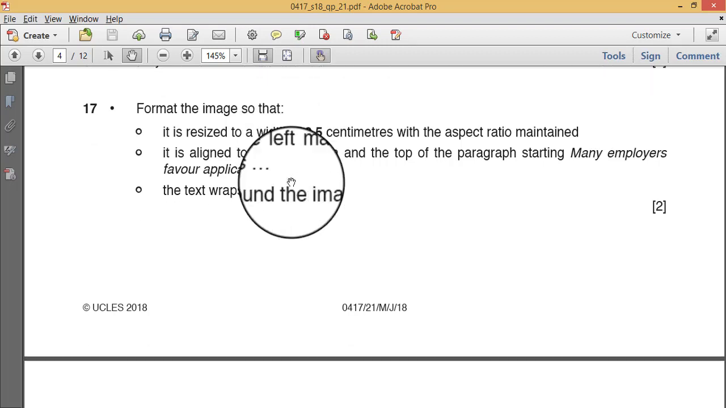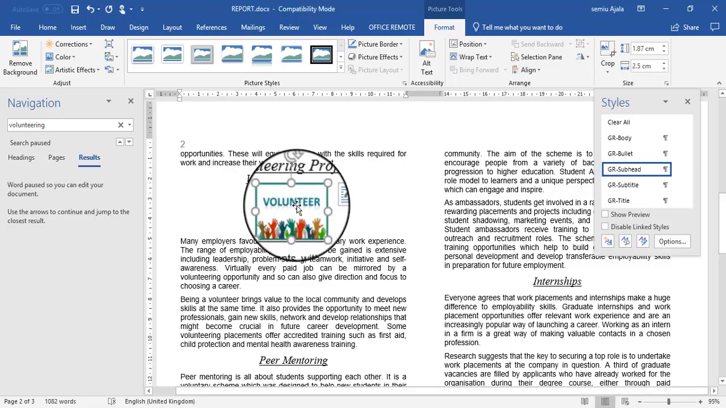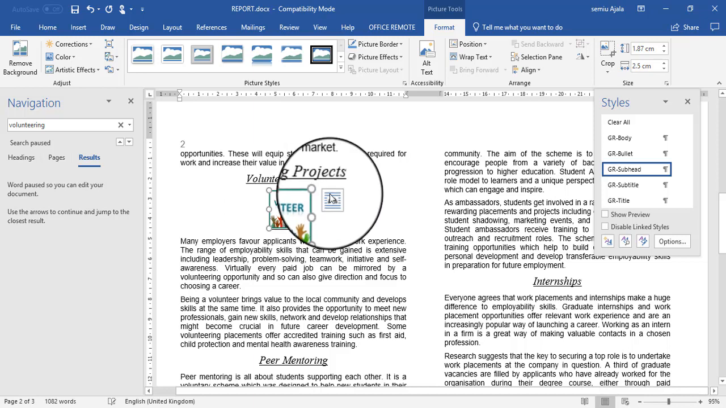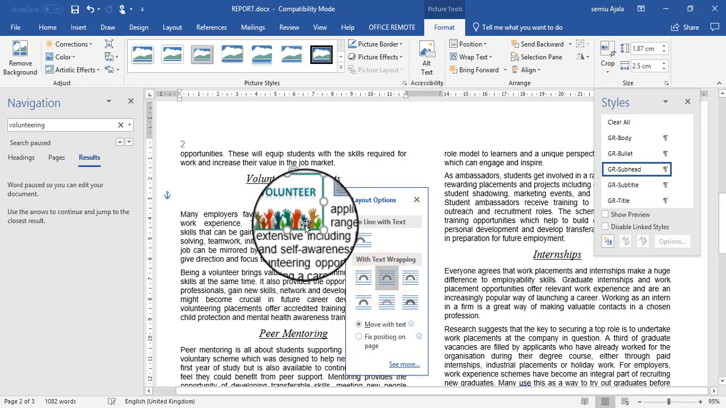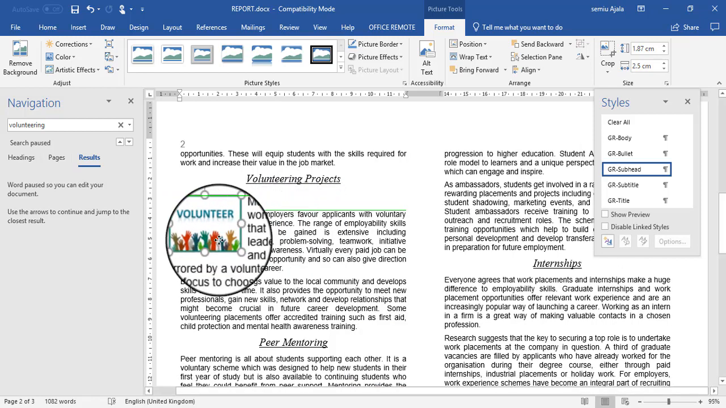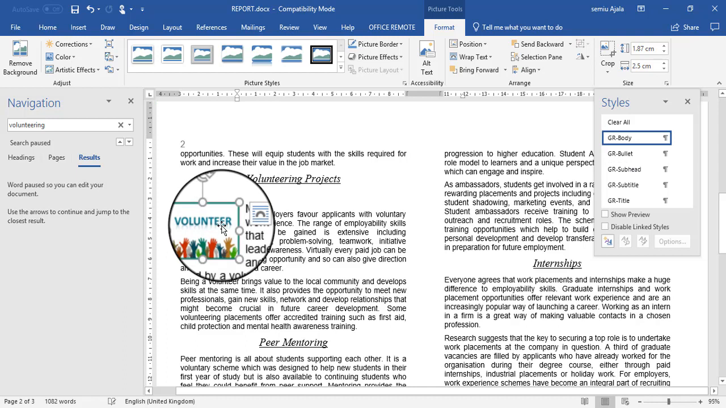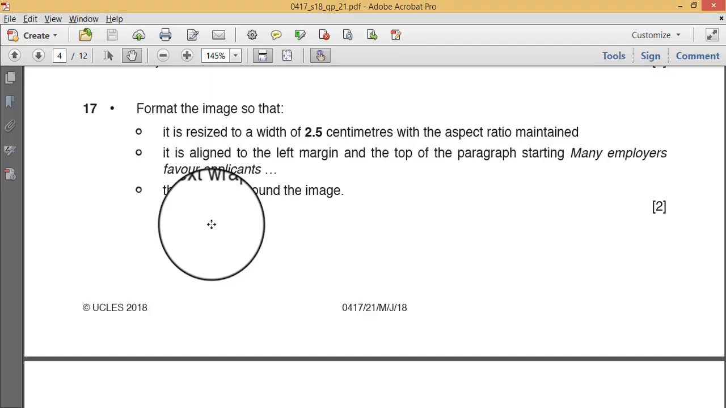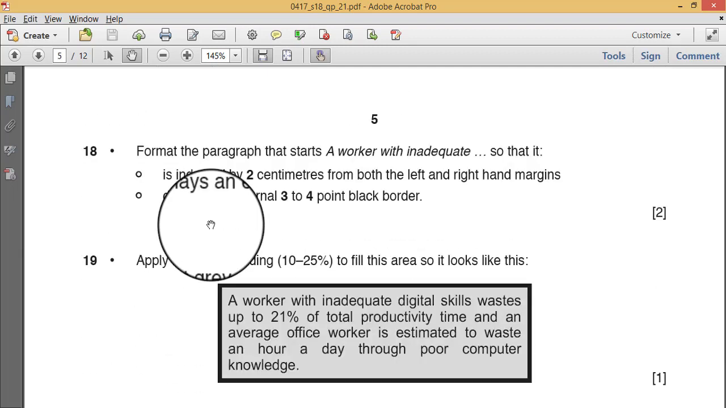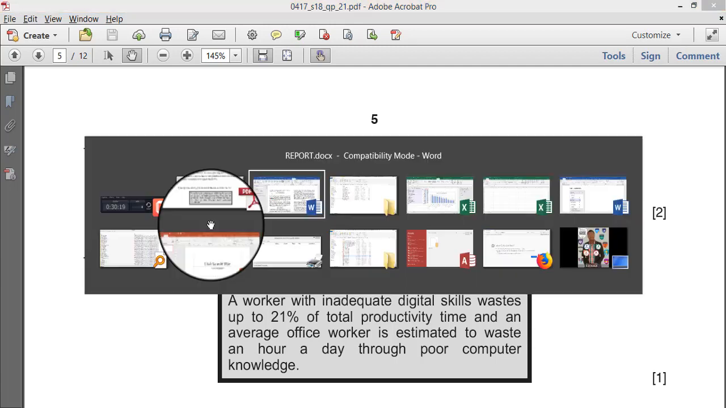It is aligned to the left margin at the top of the paragraph. Okay, I'm going to change the wrapping to tight. So I'll show you, align it. Okay, so you can see my lines showing that it is aligned. Okay, that is done. The text wraps around the image. We've done that. Format the paragraph that starts a worker with inadequate